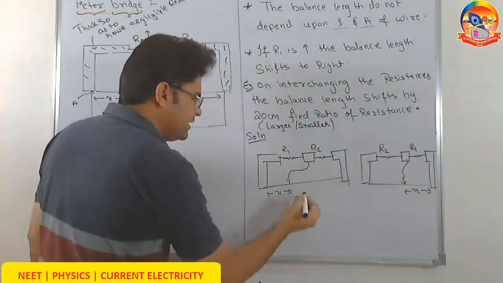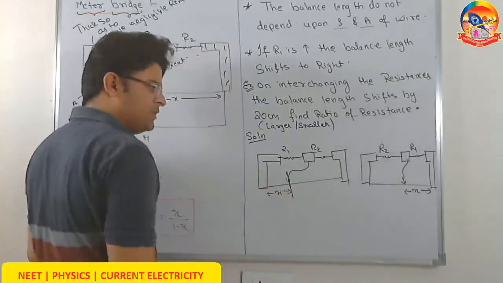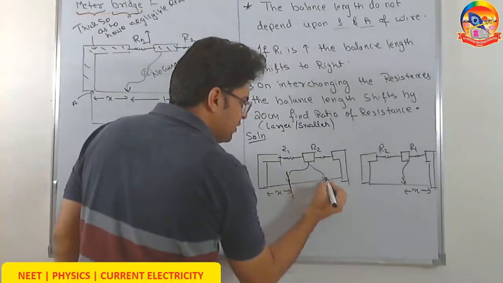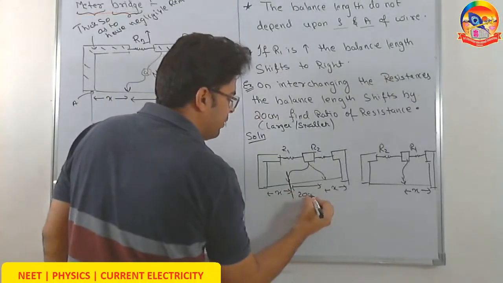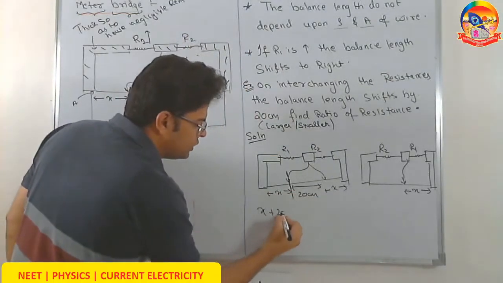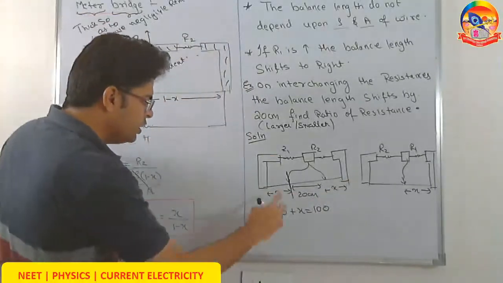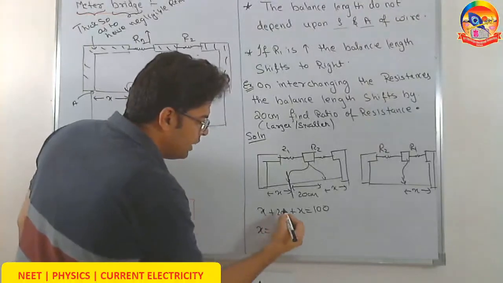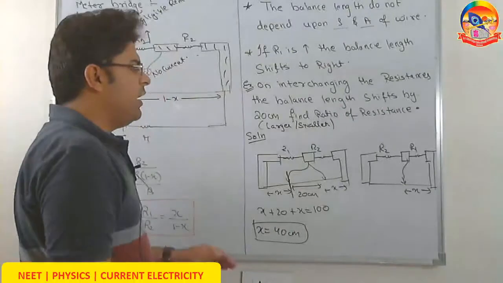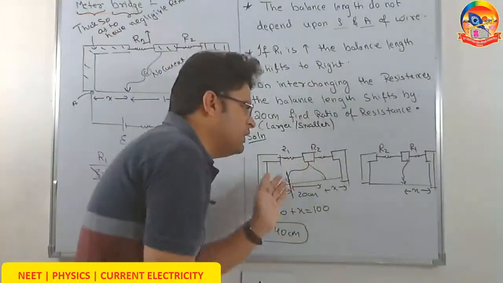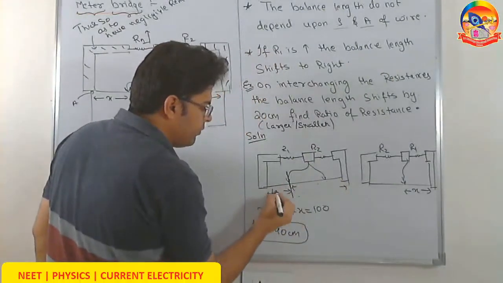And they have said that this balance length has shifted by 20 centimeter. So if this is the original balance length, this is the new balance length after changing R1, R2, at X from the other side, and the shift between them is 20 centimeter. You can write X in centimeter plus 20 plus X equals 100 centimeter, the whole length, 1 meter equals 100 centimeter. So here kids you get X equals (100 minus 20) by 2, that is 40 centimeter. It means that when it was originally balanced, before interchanging, the balance lengths were 40 centimeter and